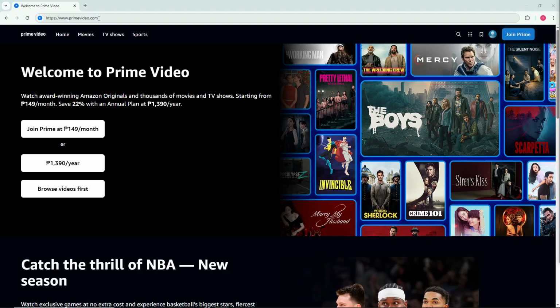First, open your web browser and navigate to primevideo.com. Once the page loads, go ahead and sign into your current account. This step is necessary because we need to first sign out of the existing account before we can log in with a different one. After you've logged in, look towards the upper right corner of your screen where you'll find